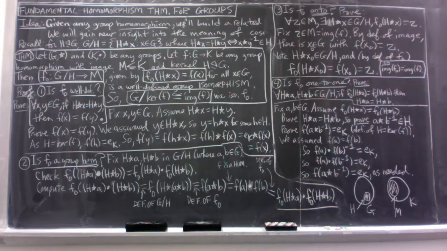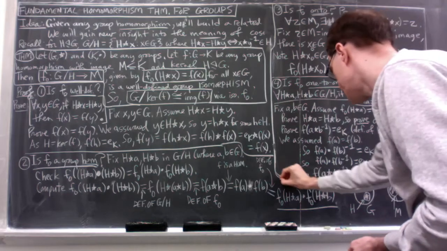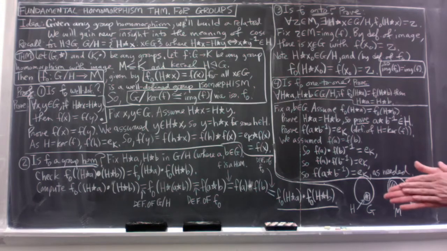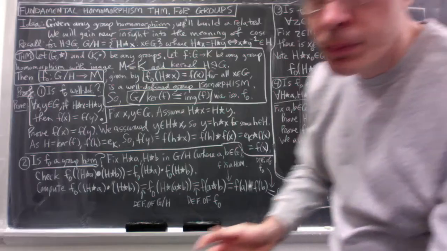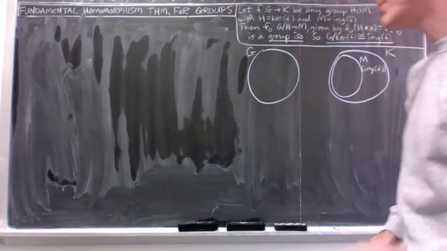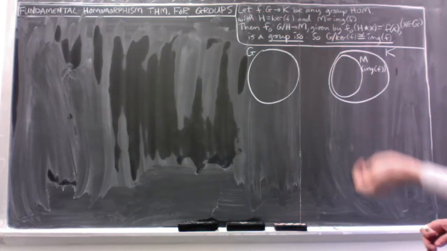To get that f of a star b inverse is equal to e sub k, which is exactly what the rewritten goal is. So we did it. All right, so that's the end of the proof. We've proved the fundamental homomorphism theorem. All right, so just a few more comments related to the theorem, and we'll do a bunch of